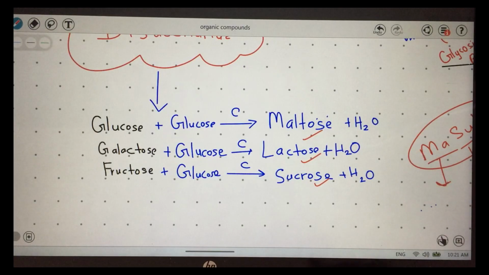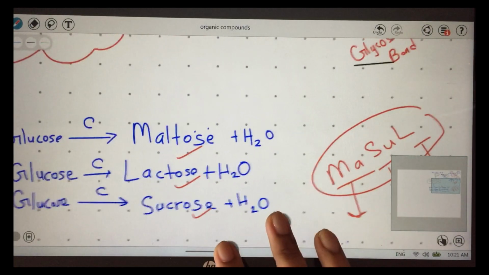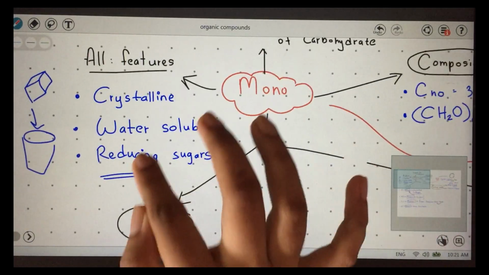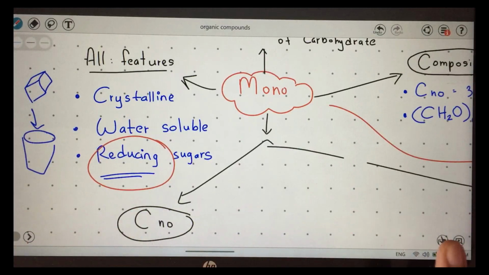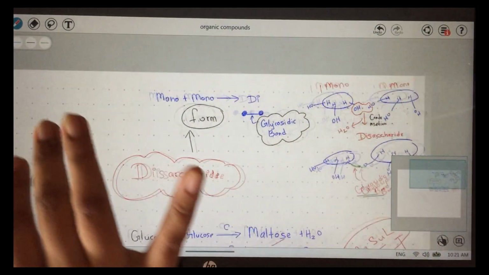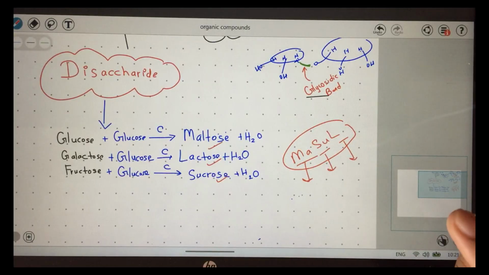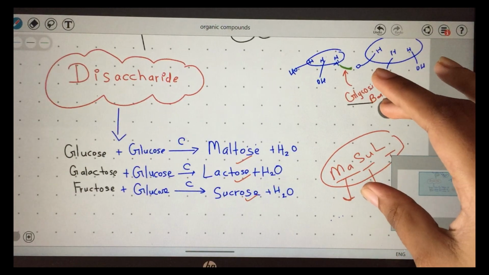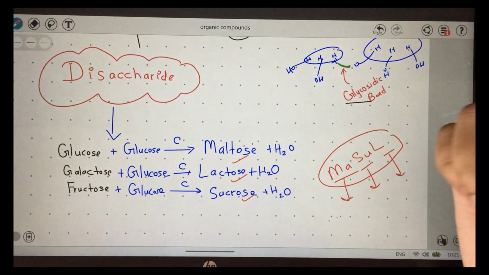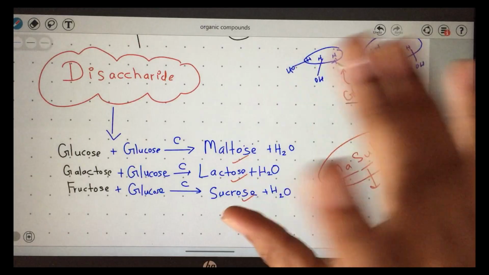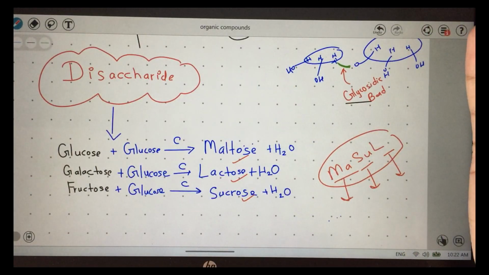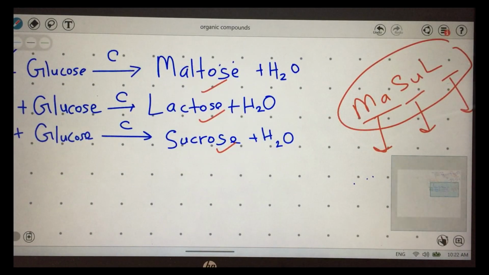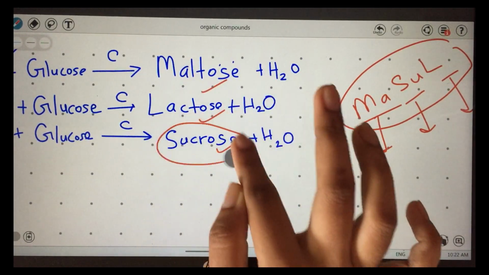And then you have to know another very important piece of information. I told you there's something called reducing sugar when we spoke about monosaccharides. Can you remember this? Reducing sugar. Now here, I told you all monosaccharides are reducing sugars. But when it comes to disaccharides, if there's a statement like all disaccharides are reducing sugars, that's wrong. Why? There are non-reducing sugars also. I told you, you don't have to know what is reducing and non-reducing. That is just out of syllabus. You just have to know whether it's reducing or not. So, we have one non-reducing sugar. What is it? Sucrose.